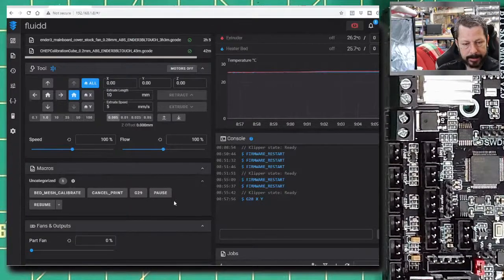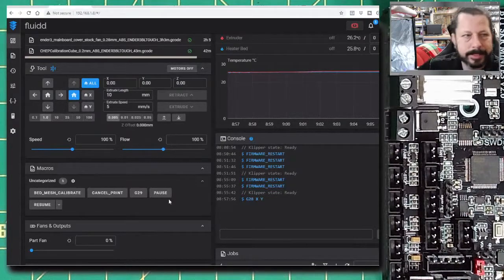And the next thing I want to do, I don't think we'll do this on Wednesday. Maybe we can do part of it on Wednesday. The next thing I want to do though is use Klipper to implement input shaping, which is where